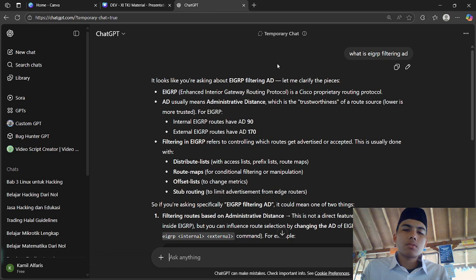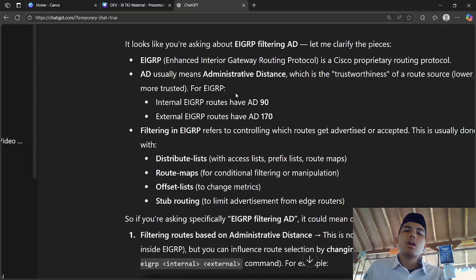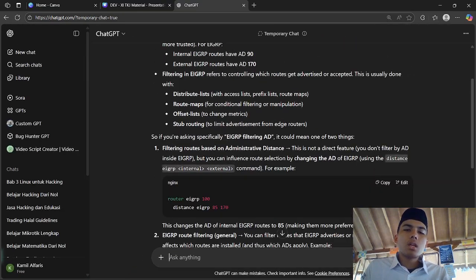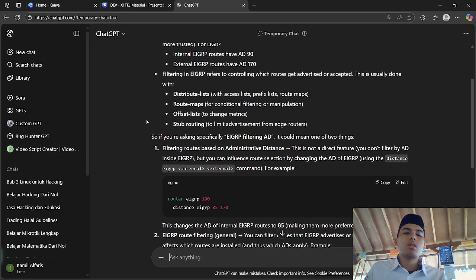Lower is more trusted. For EIGRP, internal routes have AD 90 and external routes have AD 170. Filtering in EIGRP refers to controlling which routes get advertised or accepted. This is usually done with distribute lists, route maps, offset lists, and stub routing.